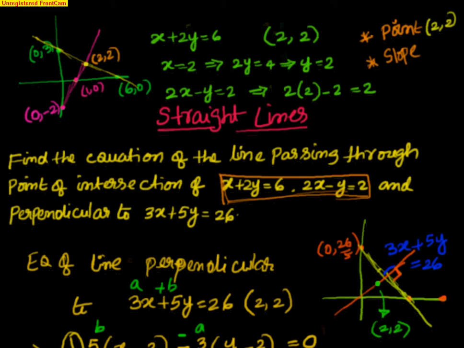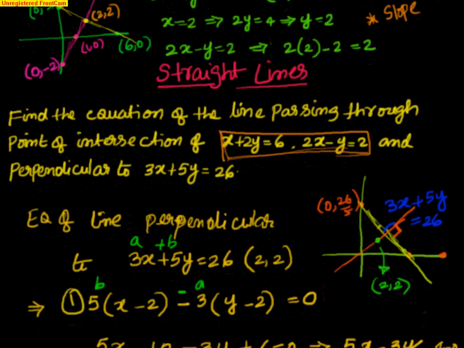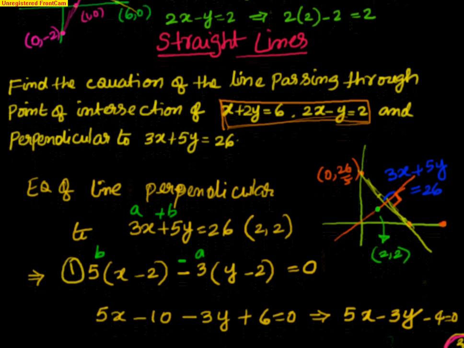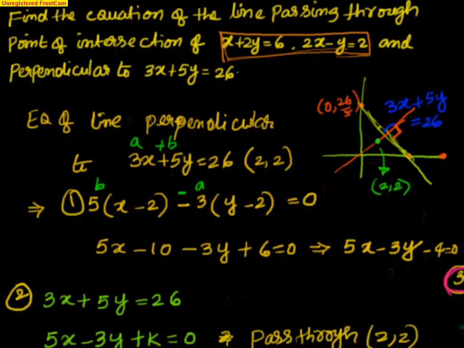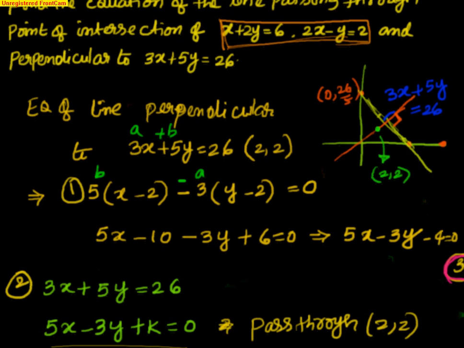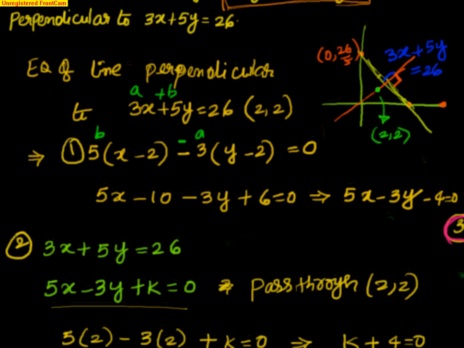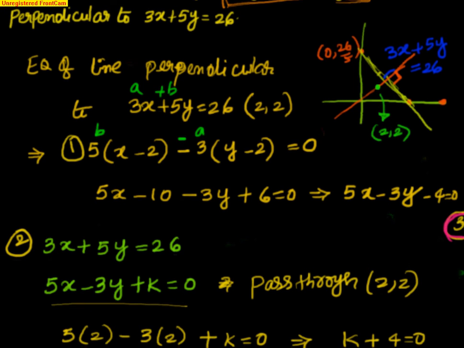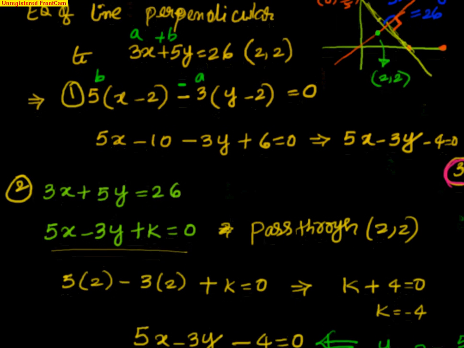Now the next thing is I have to find the slope. If I am able to find the slope, then I can frame the equation. To find the slope, what is the input given to us? The line we want is perpendicular to 3x plus 5y equal to 26. Now I know the slope of 3x plus 5y equal to 26. I can find the slope of the line and I can find the equation. There are three methods to do that. One simple way is,